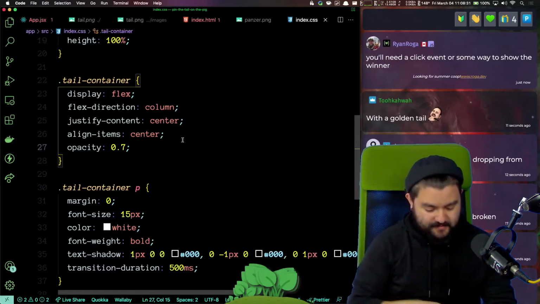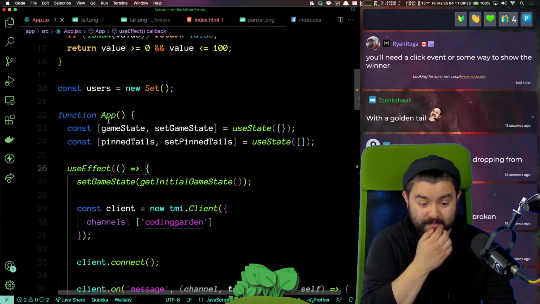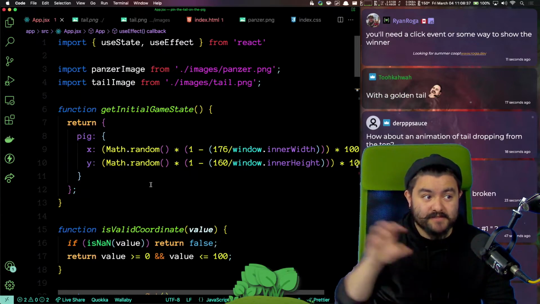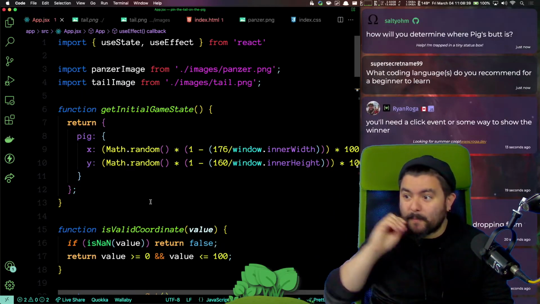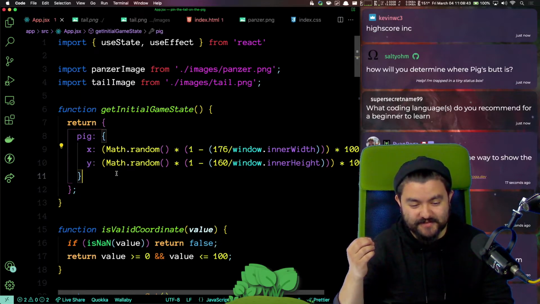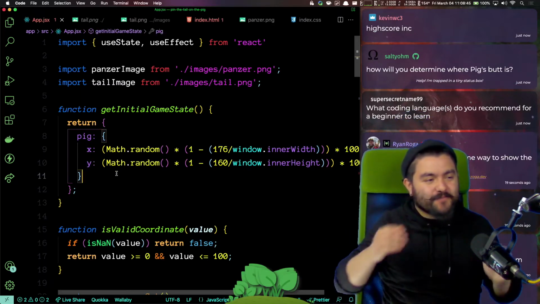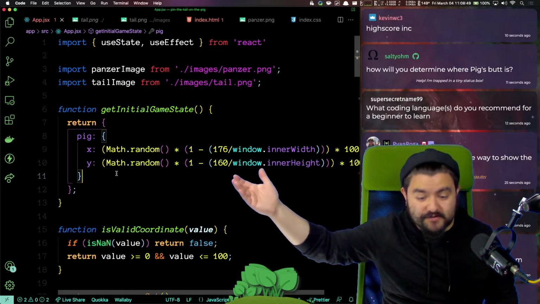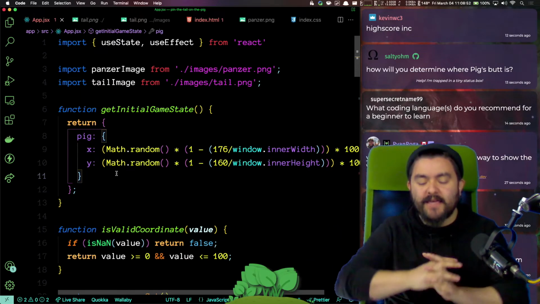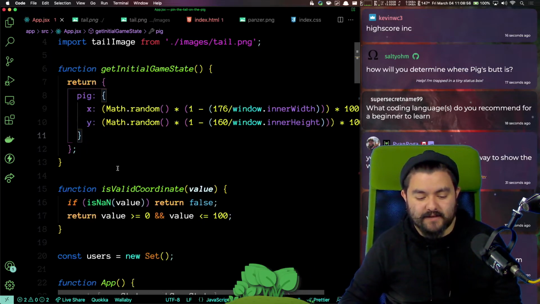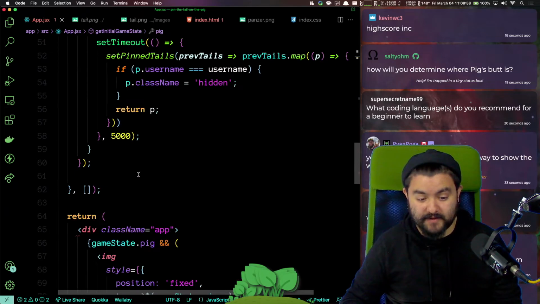Okay. So, the whole game, let's say, lasts until someone gets within 0.1% of the actual location. No, like let's say if you get within, we'll figure out the percentage. If you get within X percentage of the actual location, you win. Everyone else's tails disappear, and then the game resets. So let's get that going.